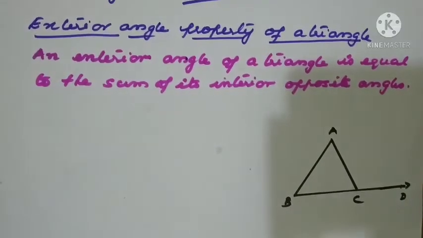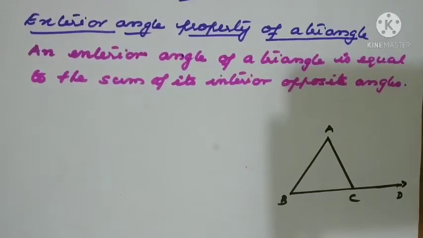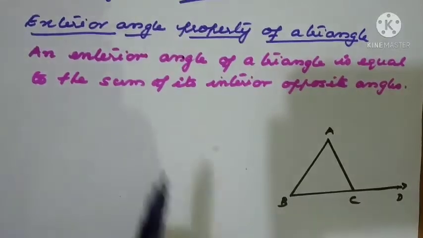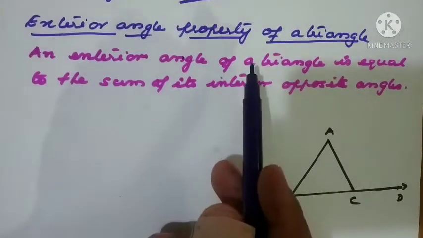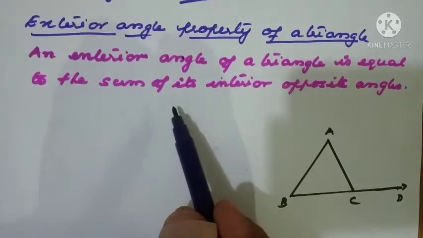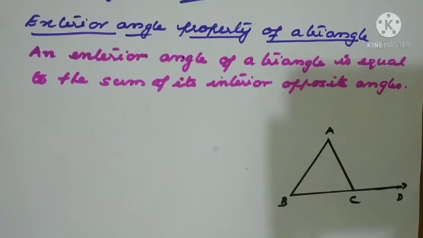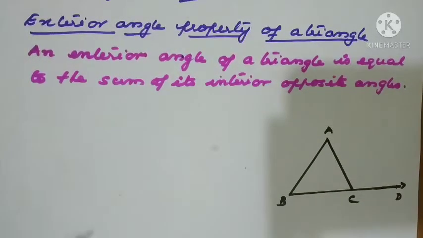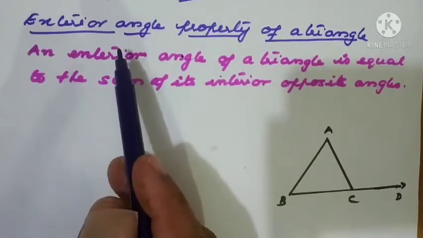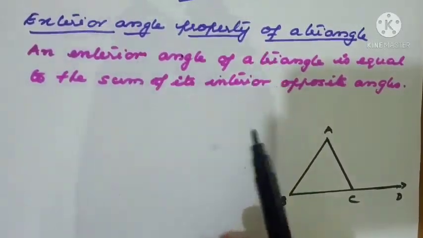Now, exterior angle of a triangle, that is the exterior angle property of the triangle. This type of question, whenever the name is there, they can ask clearly: state the exterior angle property of the triangle. So the statement you must learn. There is no excuse for the statement because this statement is having the name. Suppose the name is not there, they cannot ask anything. Now they can ask in the question paper, state the exterior angle property of the triangle.